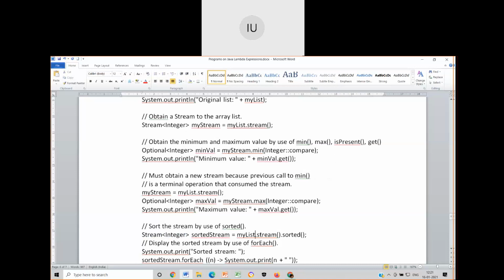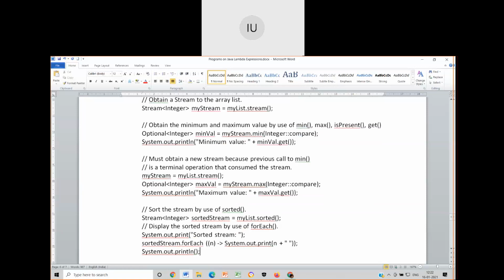And my list dot stream, dot sorted. Why myList.sorted? It is just because sorted is a function implicitly available to sort the elements. Now, how do you print it? Using the anonymous function and using what is called the forEach function that is available in Java. A combination of the two I will be using for printing.